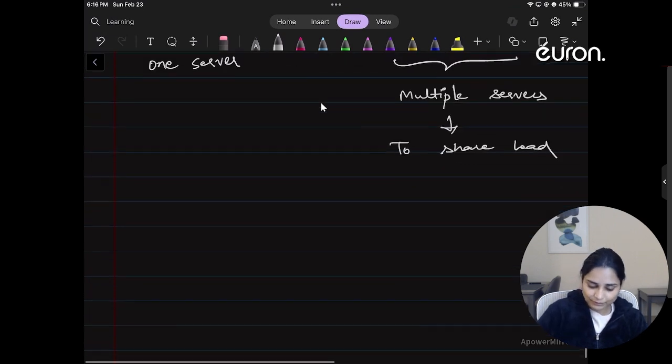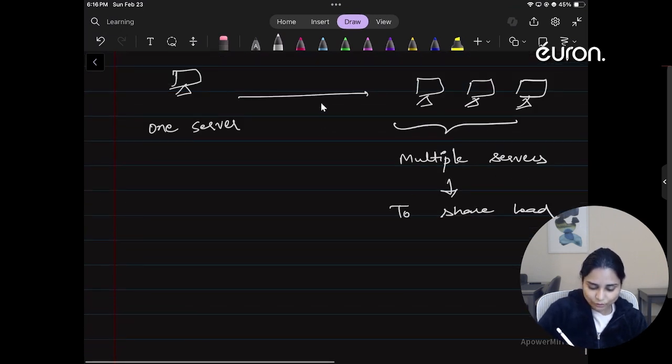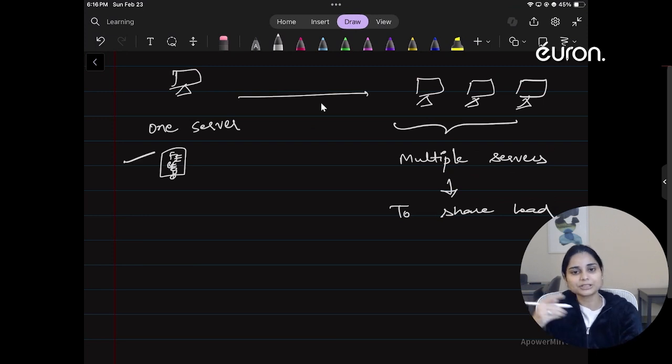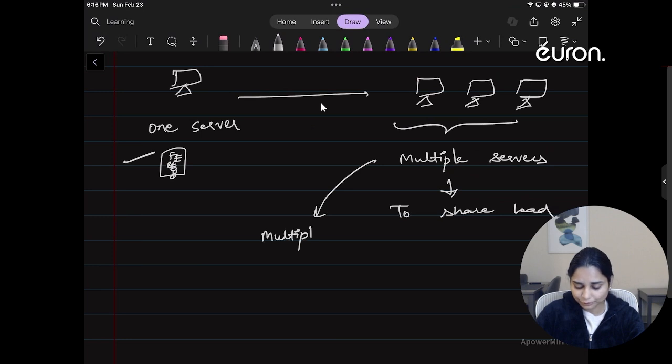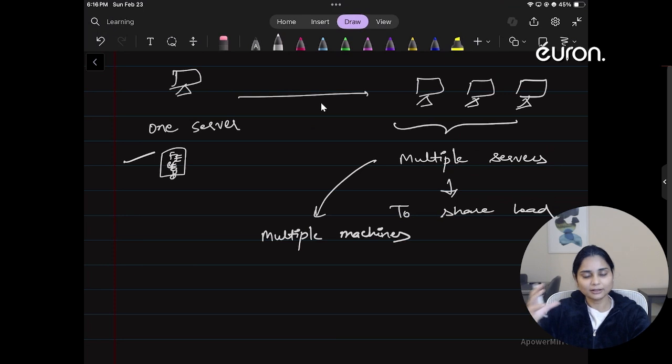Previously, all three components were bundled in one place: your front end, your back end, your DB, everything was on one machine. Now, instead of keeping it on only one machine, we started using multiple servers, which means you have multiple machines. When you perform such splitting, instead of keeping everything in one place, we make use of multiple machines. This is what we call